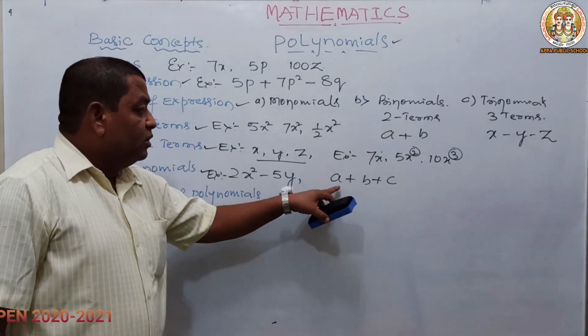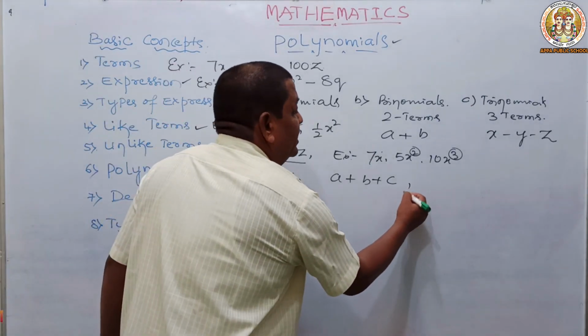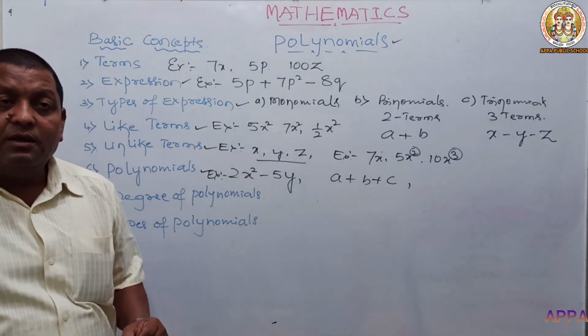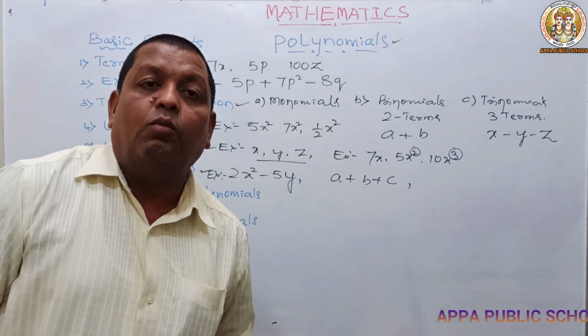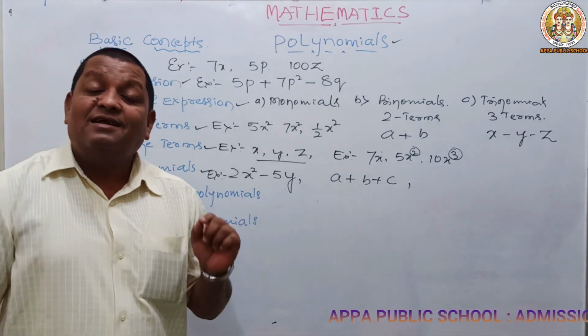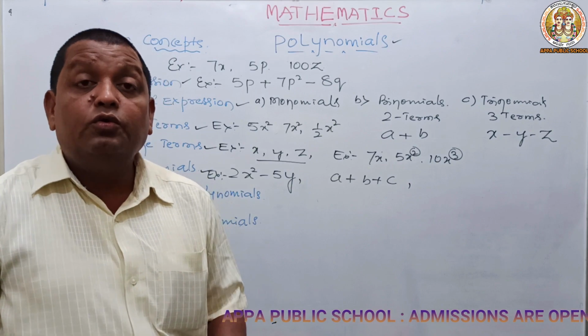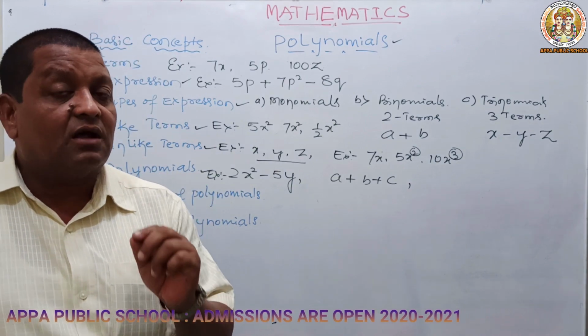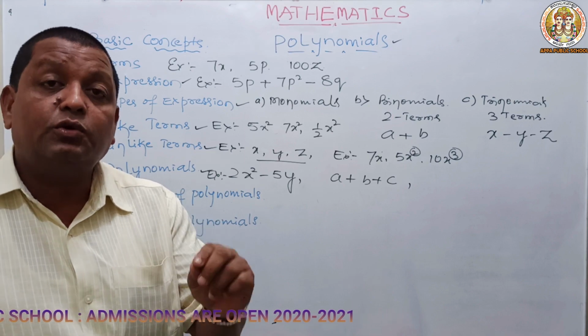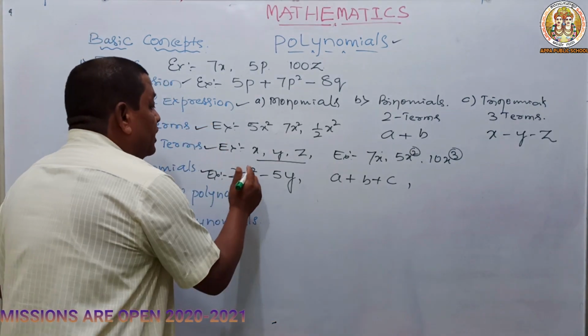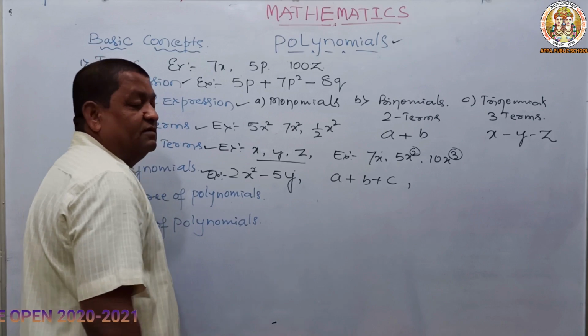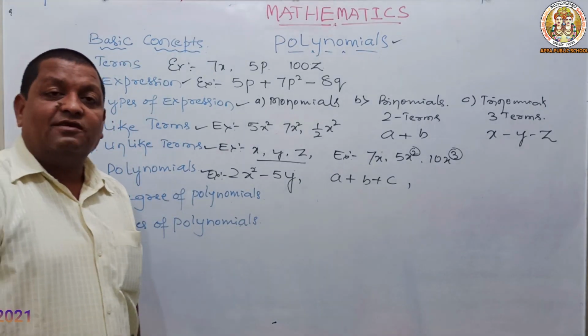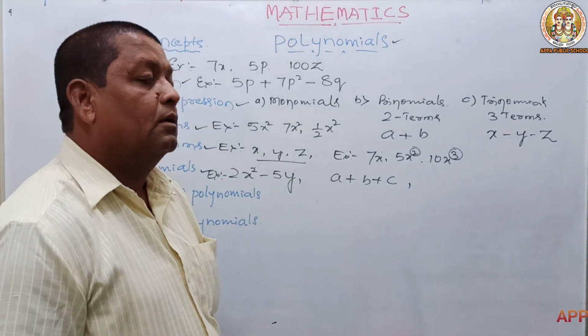But when we are talking about the polynomial, we need to understand what we mean by polynomial. Let me tell one more time. A polynomial is an expression whose variable has a positive integer as power. Positive integer. So here we need positive integers. Otherwise, it is not a polynomial.